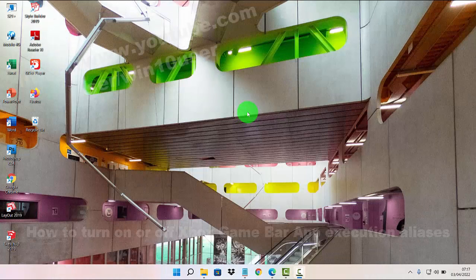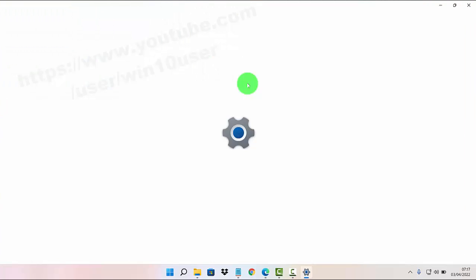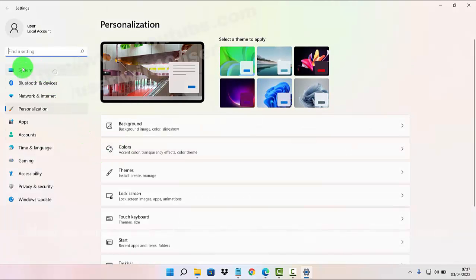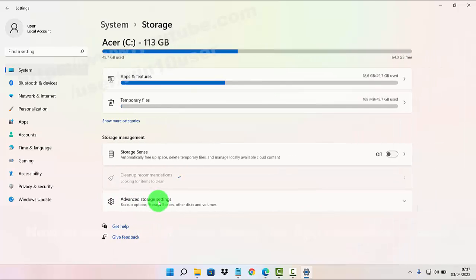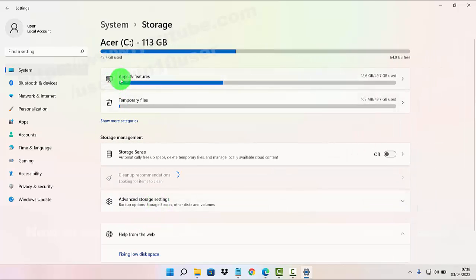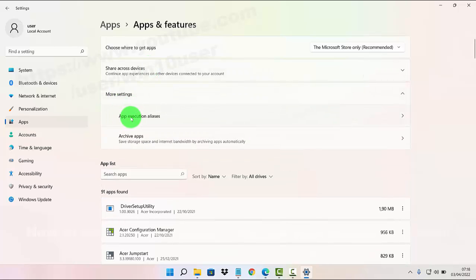To turn on or turn off Xbox Game Pair App Execution Aliases in Windows 11 Home, right-click on an empty area on the desktop, and then select Personalize. Click or tap System, and then select Storage. Next, click or tap Apps and Features, select More Settings, and then click or tap App Execution Aliases,